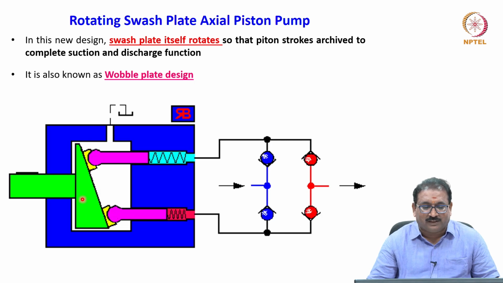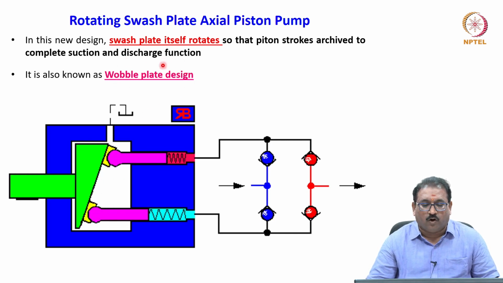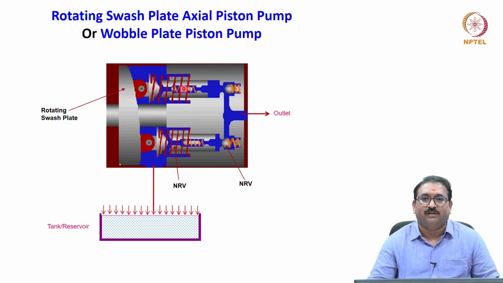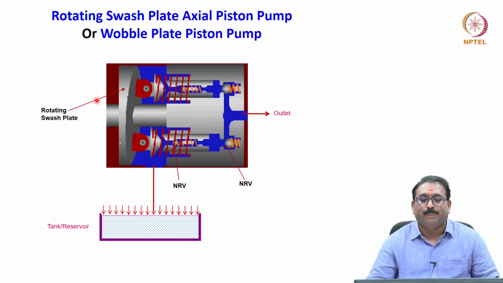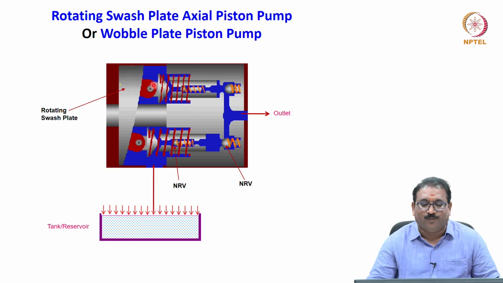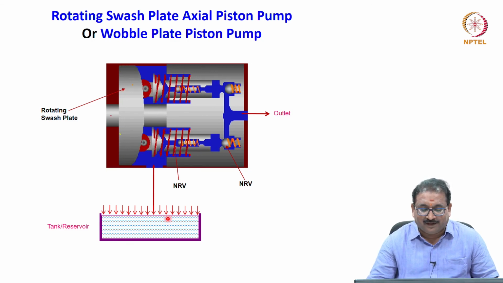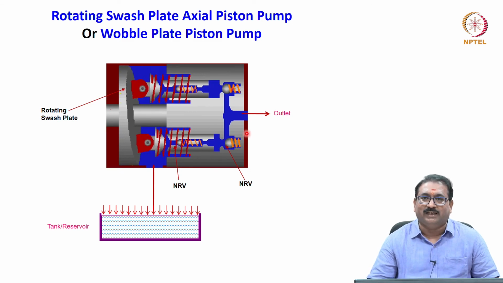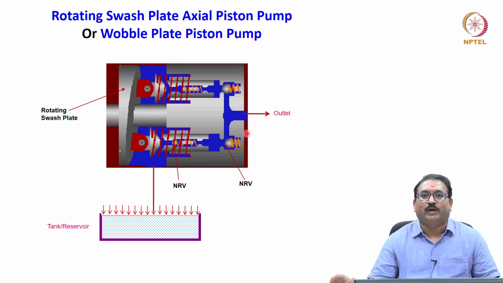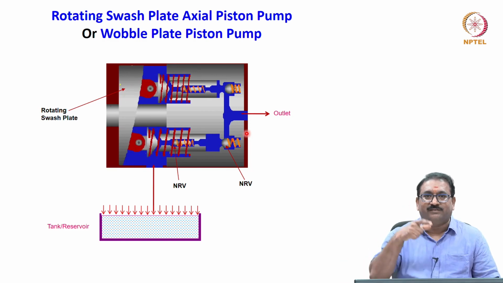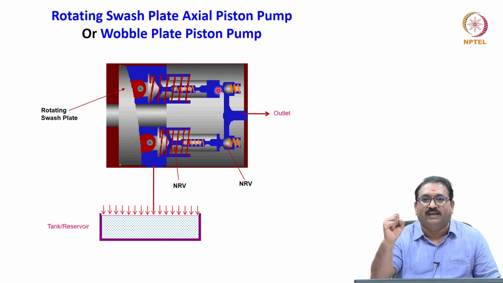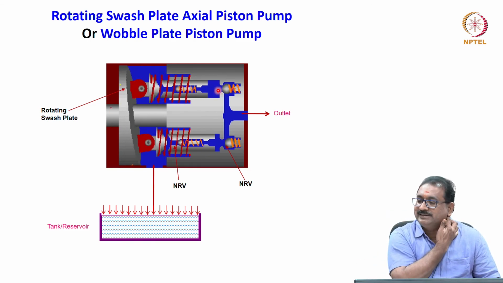Similarly, one more design, please note, is also known as the oval plate design. You will see one more oval plate design using springs. The rotating swash plate axial piston pumps are also known as oval plate. Now the swash plate itself is moving in and out. Then the suction of fluid will take place and discharge will take place simultaneously. The same effect, but here the swash plate is not fixed, it is rotating to get the required strokes, meaning to move the piston in and out of the port plates.